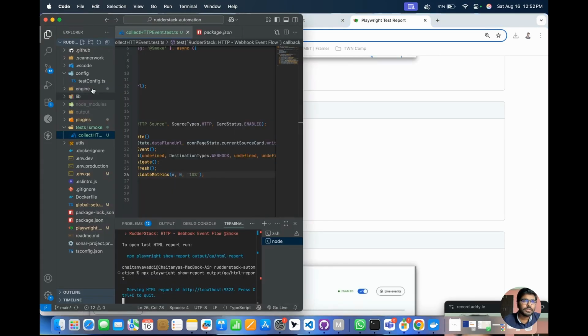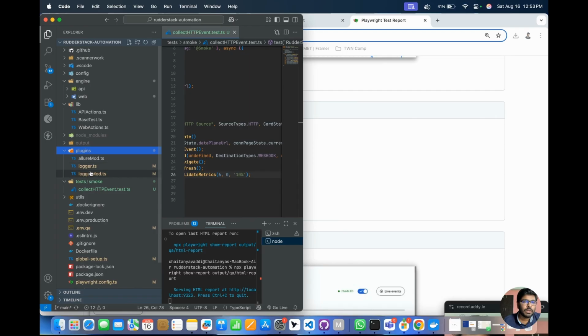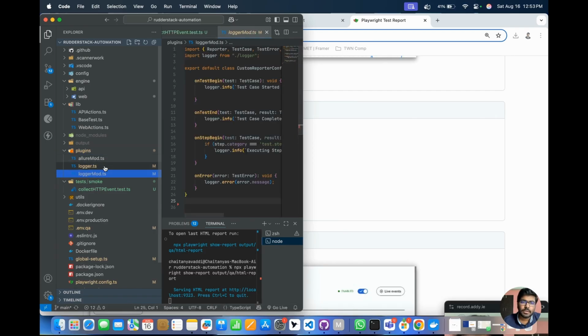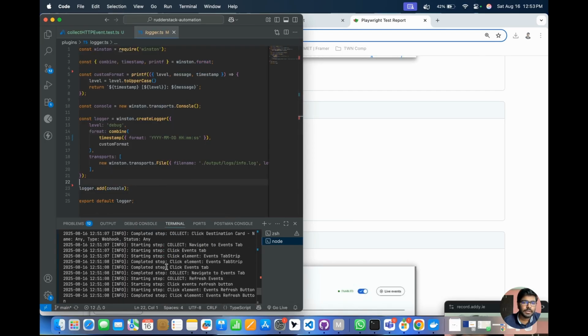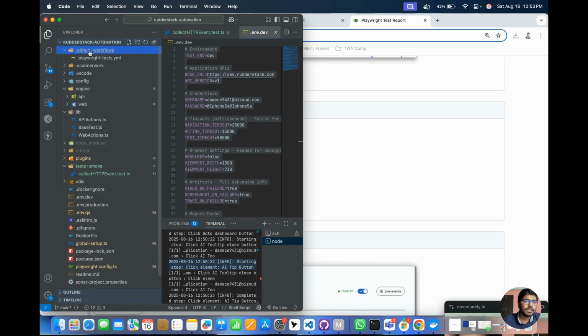And if I have to touch anything, web actions, which is a wrapper on top of the Playwright actions. Then we have small modifications, as we are using the Winston logger. All the timestamps which we are seeing here are actually coming from this configuration. And how this works at the GitHub level is,